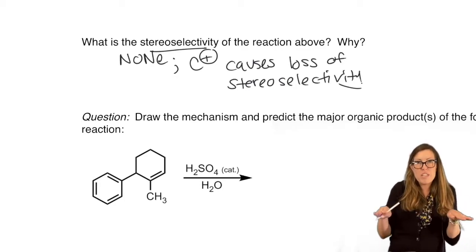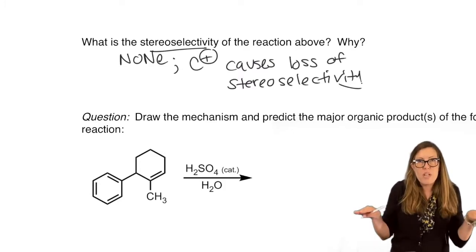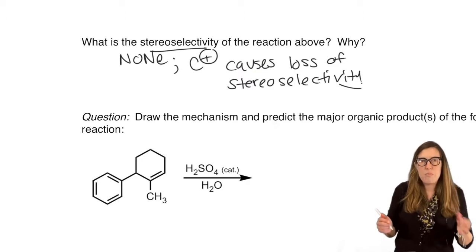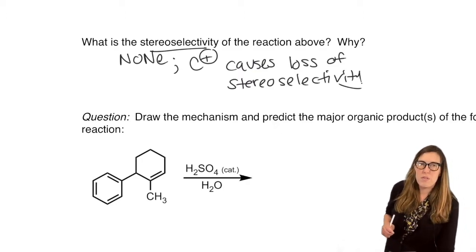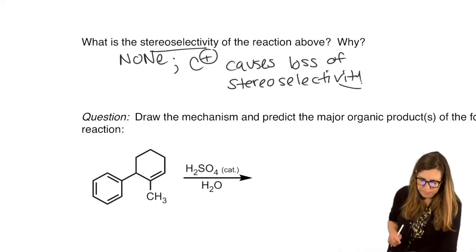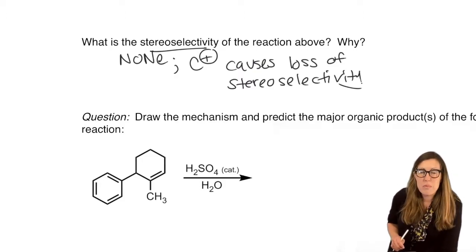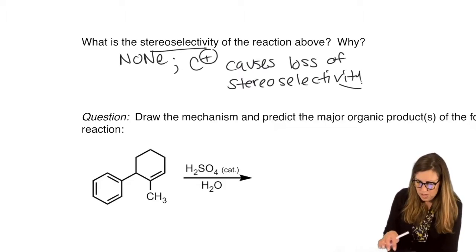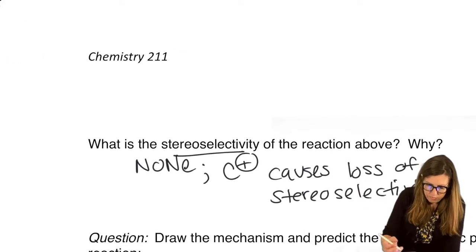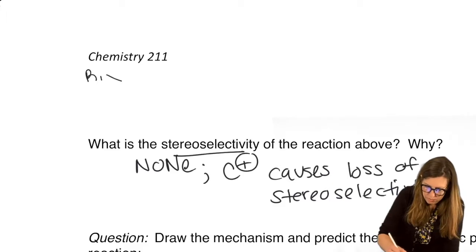It becomes planar, and then in a planar carbocation, it can attack from either side with equal likelihood, which means you get a 50-50 mix if it was indeed chiral. But since it did not make a chiral center, that's not even a question there. We will sometimes make some chiral centers where there was none. So let me show you an example here in this margin. I'm just going to make a generic one before we move on to our real example.